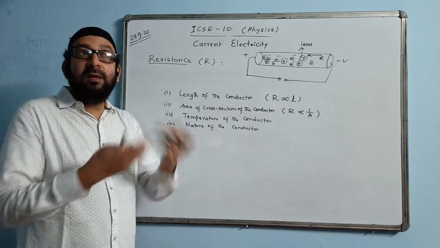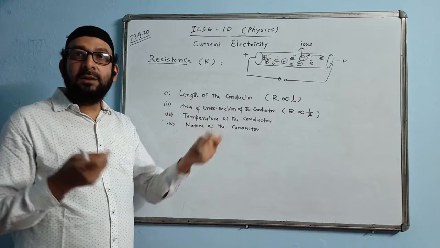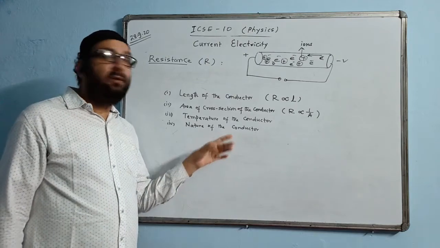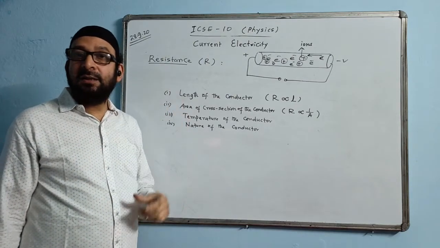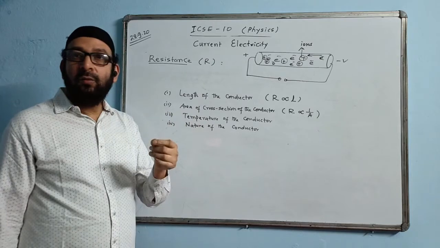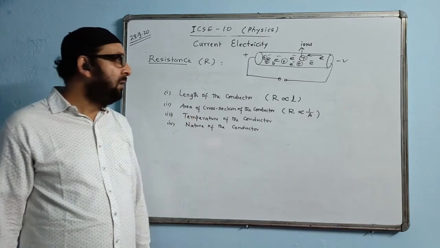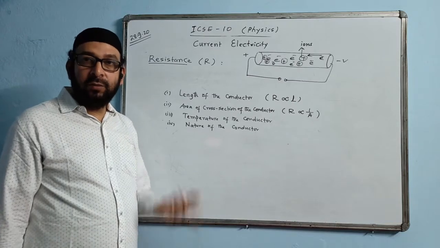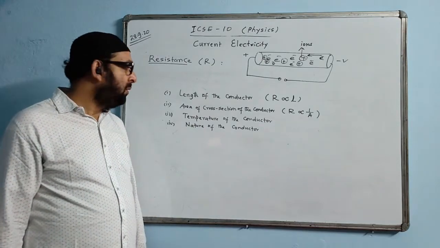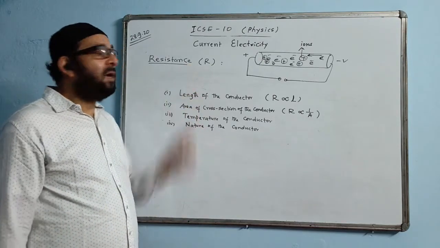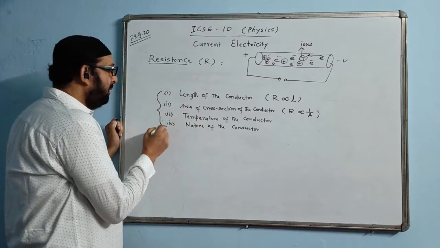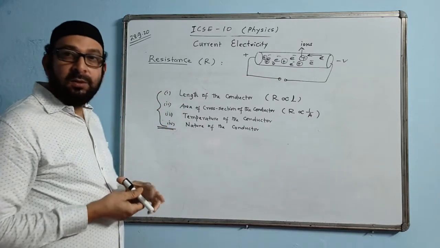And the substances which are insulators, like wood, rubber, plastic, do not allow current to flow. So they will offer infinitely high resistance. Their resistance value is infinity. That means they will not allow a single electron to flow, or rather they do not have free electrons there. So current can never flow through them. So that is the idea behind it. So that will depend upon the nature of the conductor also. So these are the four factors which affect the value of resistance of a conductor. These four things I mentioned today. So for today we are doing this much. Tomorrow we will continue.